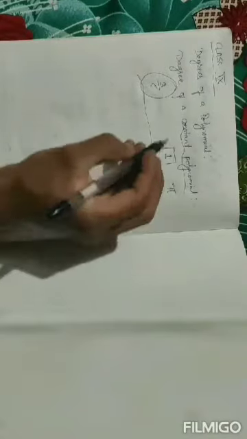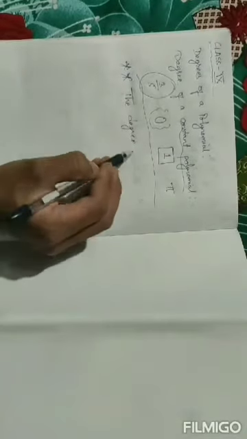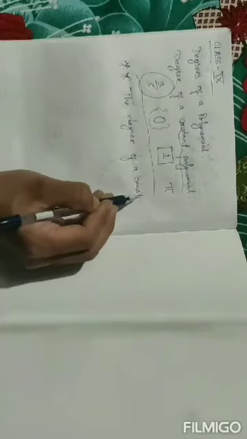So if a question is asked and you are asked to give the degree of a constant polynomial, what will you say? The degree of a constant polynomial is 0. Okay, it is 0. So you can note this point. It is very, very important. The degree of a constant polynomial is 0.